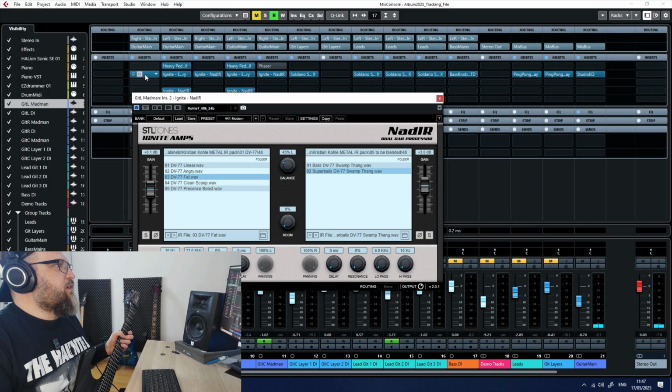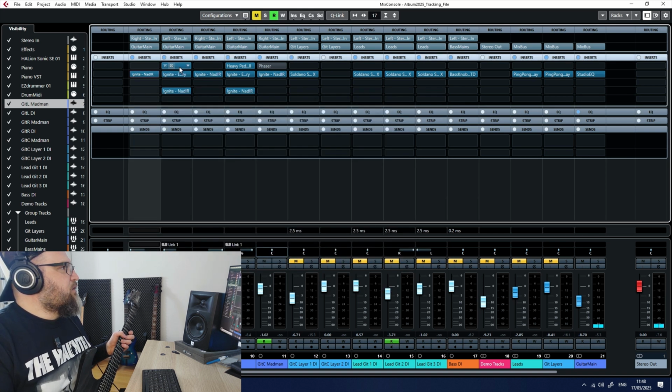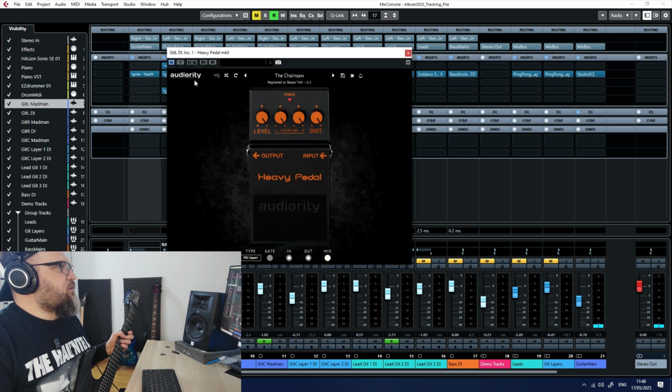Obviously on the Madman there is an IR. It's a Christian Cole's IR pack. And DV77 and Swamp Thing. And on the secondary channel I use this Audiority heavy pedal in the chainsaw setting, made in Japan mod,